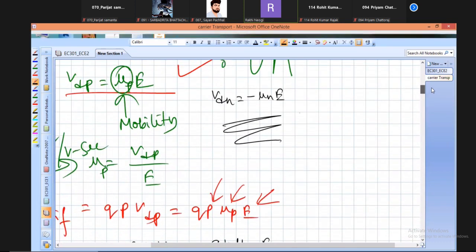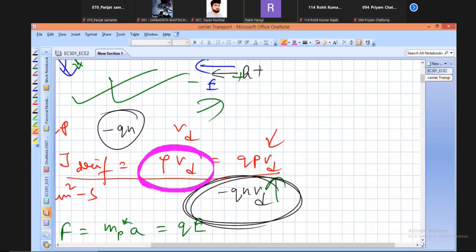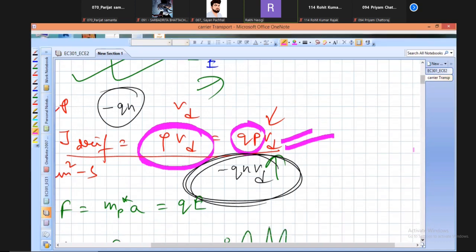So see this? That one. Rho B. What is rho? What is the volume charge then? For a doped semiconductor it is Q. So here the drift velocity you can calculate by using this equation. So VD will be equal to J by Q, or VD equal to J by rho.